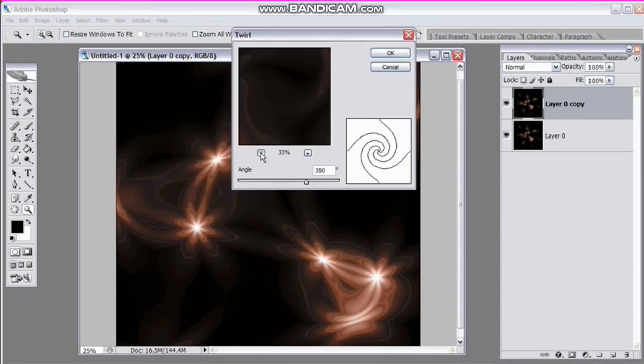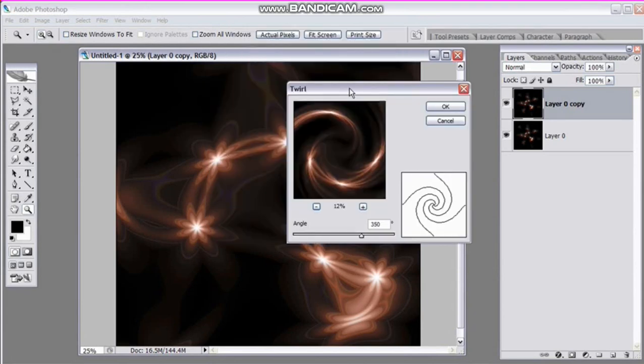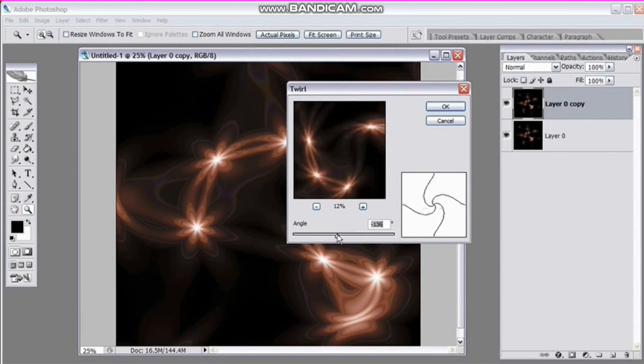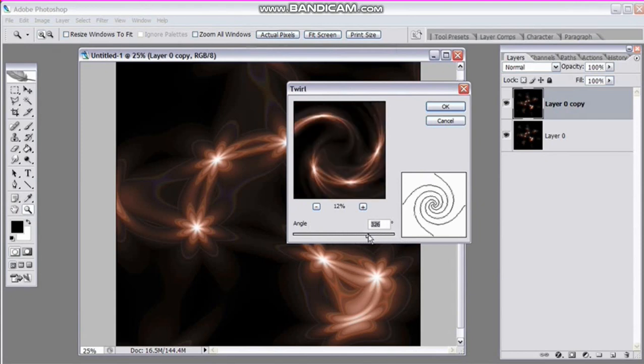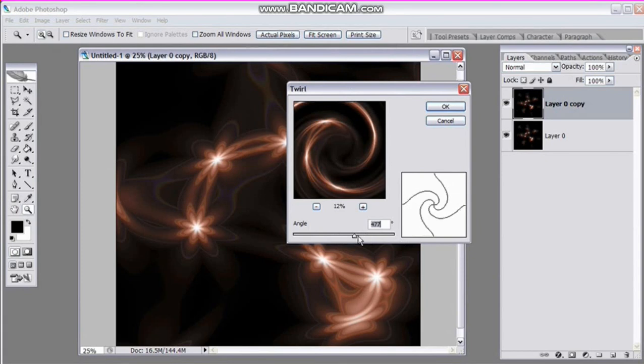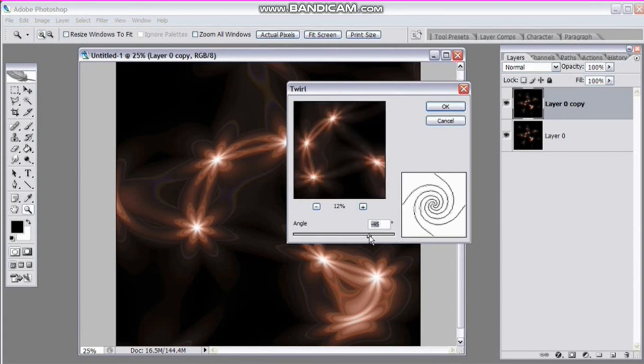And we're going to create this twirl, and it's not going to be a very harsh twirl. We're going to go about somewhere in the middle between ground zero here and all the way to the right. So I'm just going to adjust it